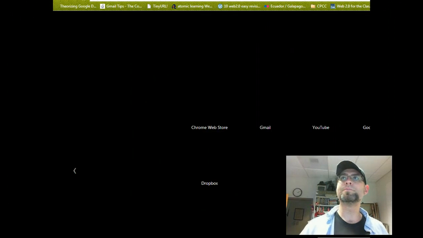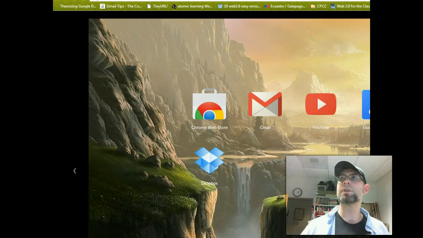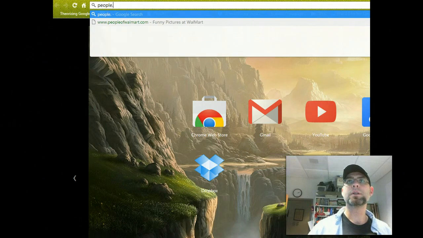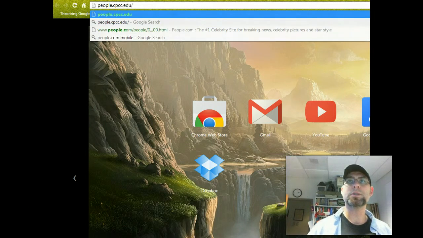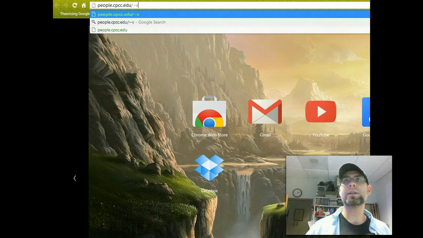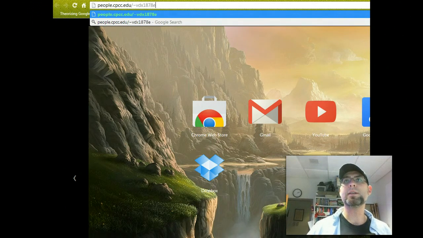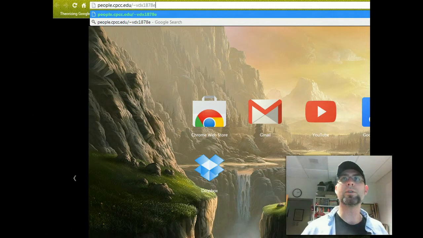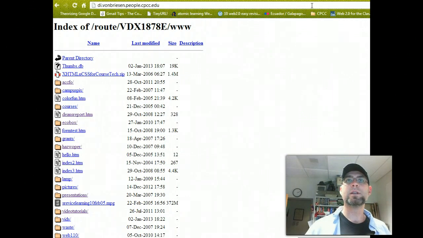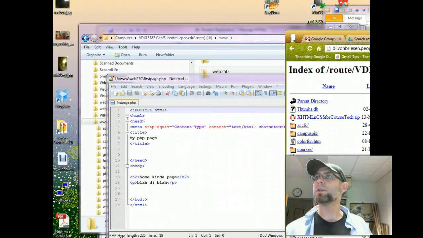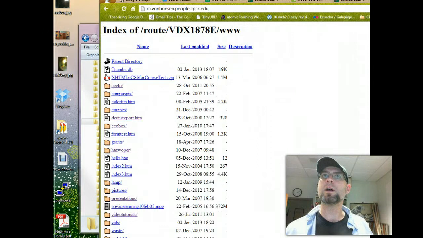Well, in my case, I'm actually going to go to people.cpcc.edu/tilde, and my ID, VDX1878E. Now in your case, you're going to go to students.cpcc.edu/tilde your ID. So I do that, and I get all this stuff, and sure enough, down there, if I go down just a little bit, I've got